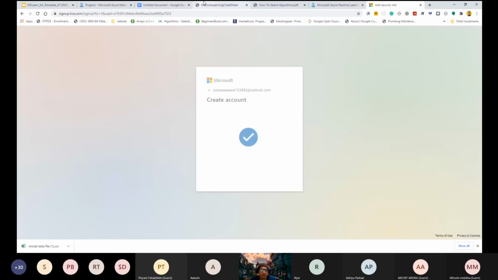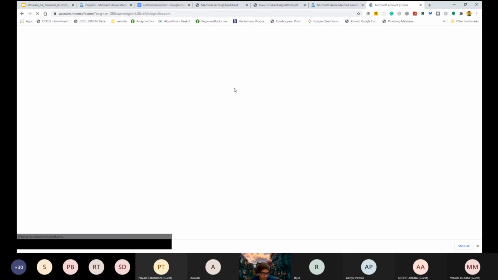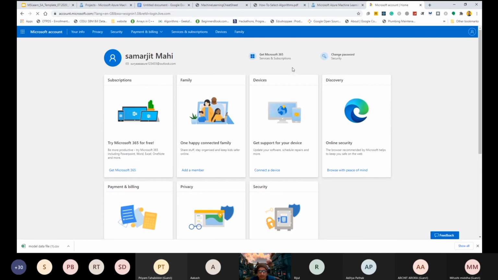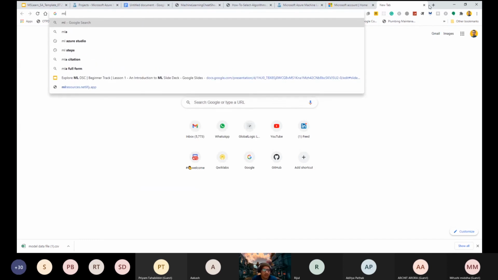If you are on a laptop or PC, you can simultaneously do the following steps. Yep. Now we have created our account and we just have to go to the ML Azure and